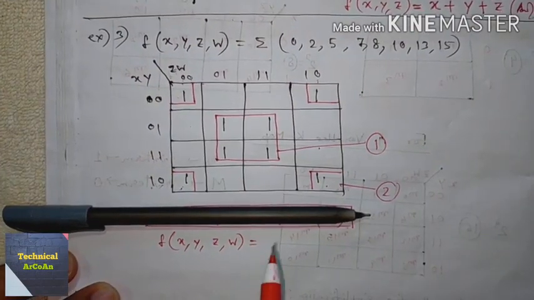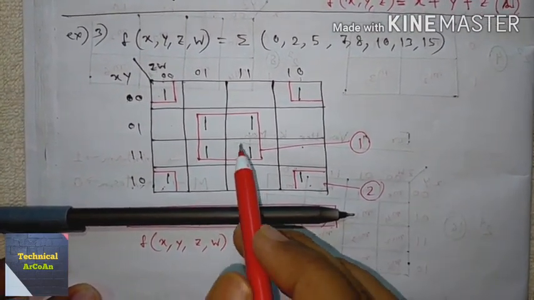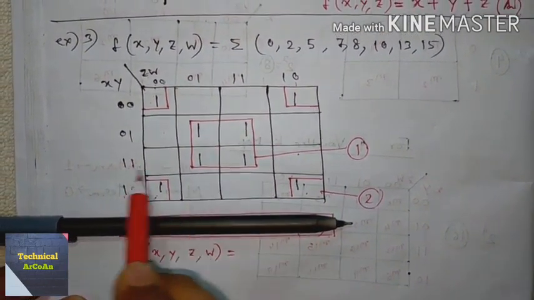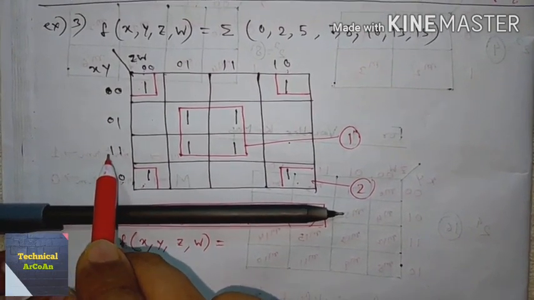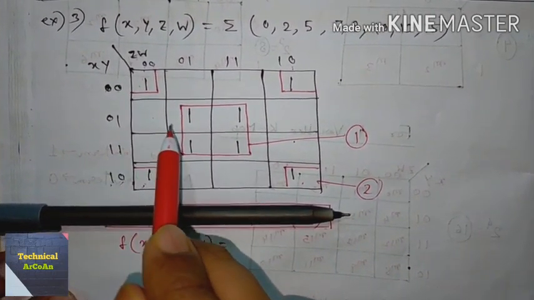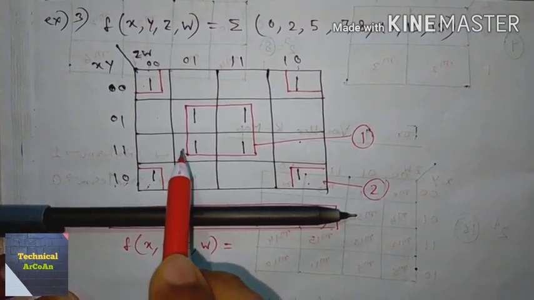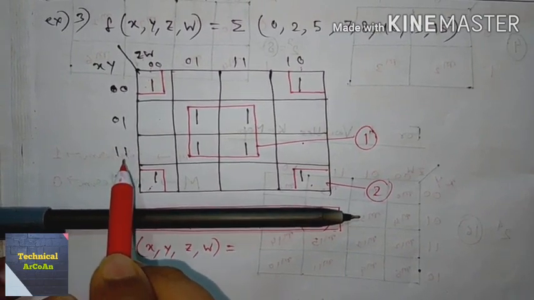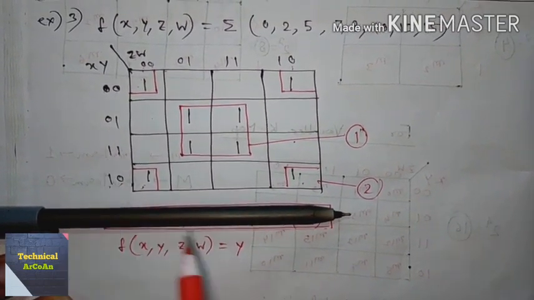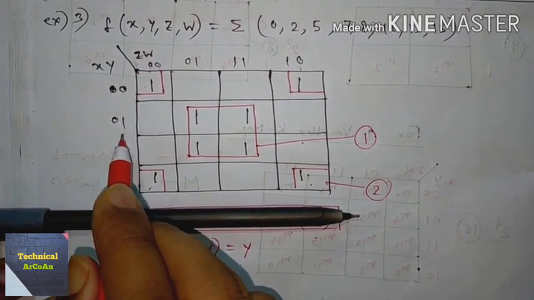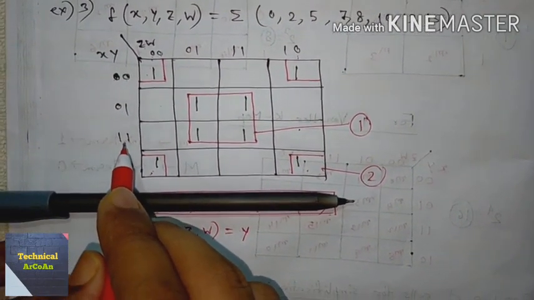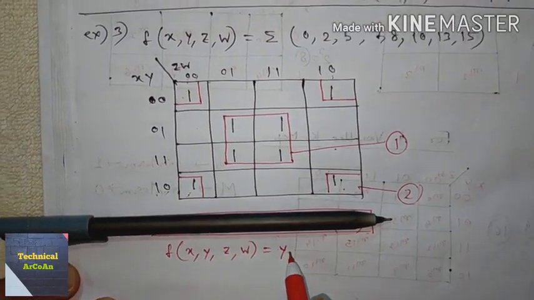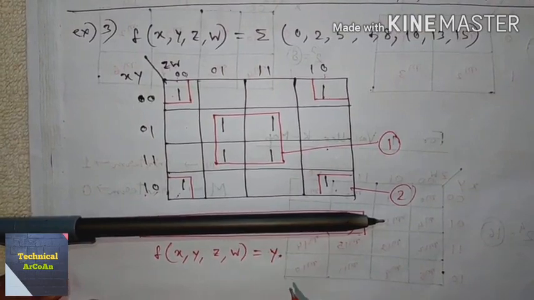Okay, now what will be the result after simplification? For the first group, just take these 2 rows: the value of x will be changed from 0 to 1, so we don't take this value x, because if within a group the variable value is changed, we don't take that variable. But the value of y is not changed, from 1 to 1. So we take y because the y value is not changed, and it is a normal y because the y value is 1. In min term, if the variable value is 1, the variable will be normal. Now dot, because it is a min term, meaning product term.